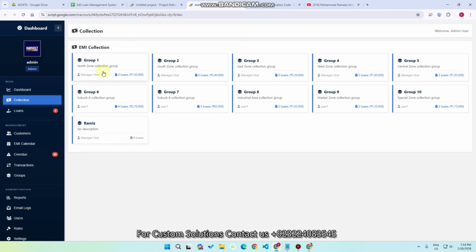So what we learn is these are different team members. In team members we assign different persons, different users. They can go to their homes, to their places, collect the EMI and record it in the system. Now how can we assign a loan so that a particular loan will be collected by this